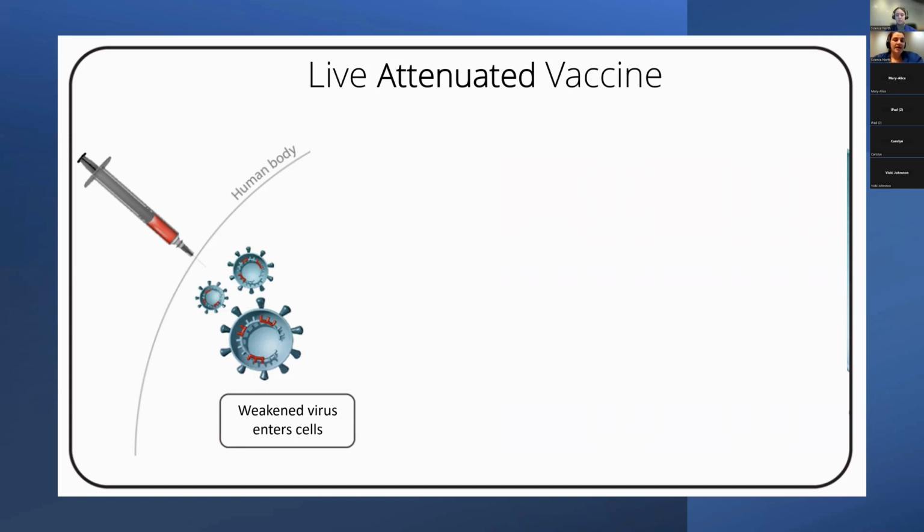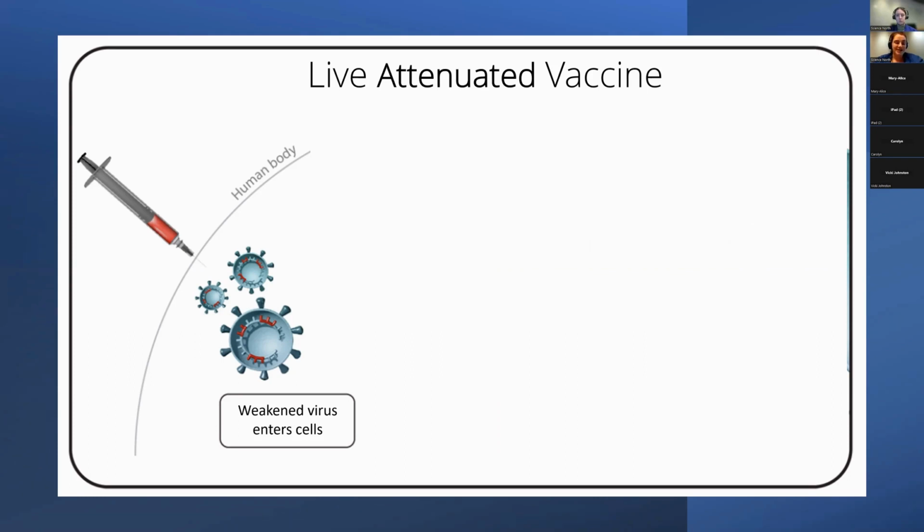There is a very, very small chance, if you're immunocompromised, that they might give you an actual reaction to a live attenuated vaccine, which is why some of these aren't recommended for certain groups of immunocompromised people. But unless you are immunocompromised or fall within a very specific group, this virus is so weakened it can't make you sick. You get it from the vaccine, but it still produces an immune response.